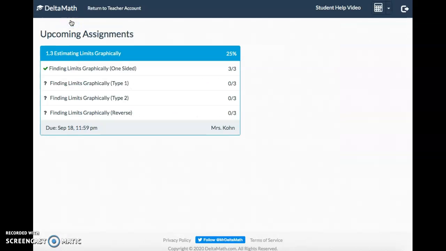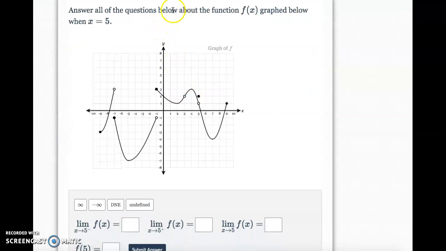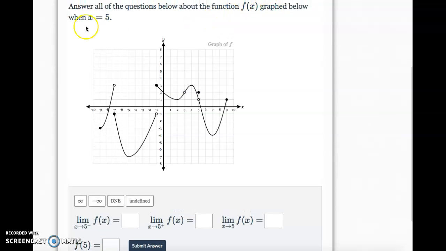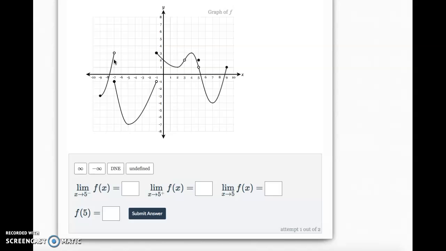All right, let's go ahead and we'll try finding limits graphically, type 1. So this one says, answer all of the questions below about the function f of x graphed below when x equals 5. And so we're basically finding the left-hand limit, the right-hand limit, the general limit, and then the actual function at 5. So if I look at my x value of 5, if I do my left-hand limit first,